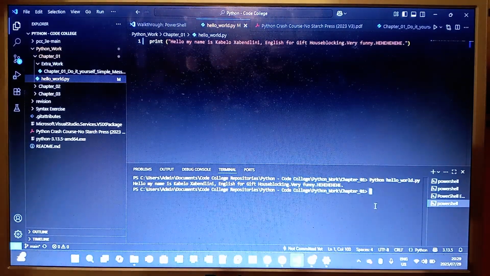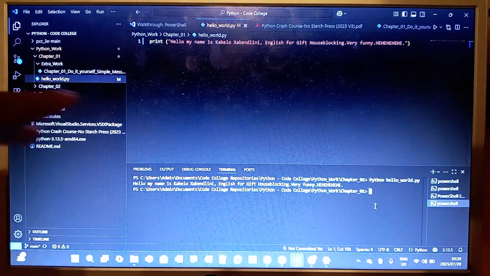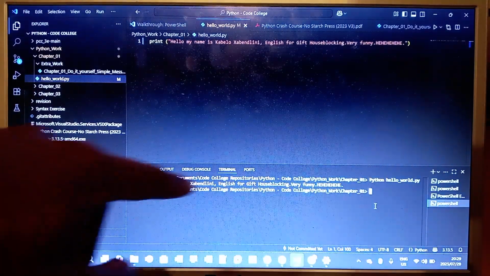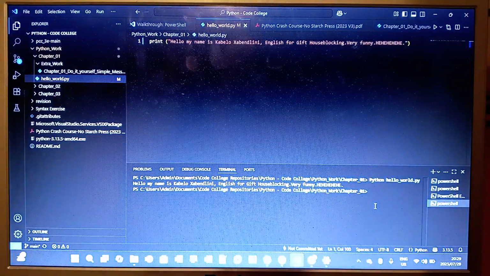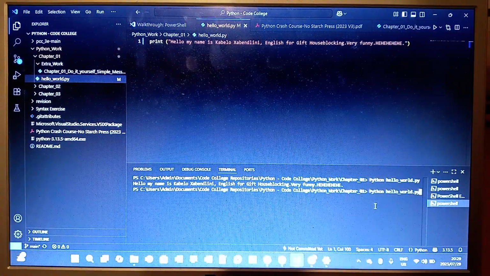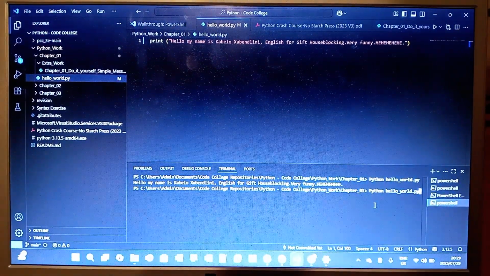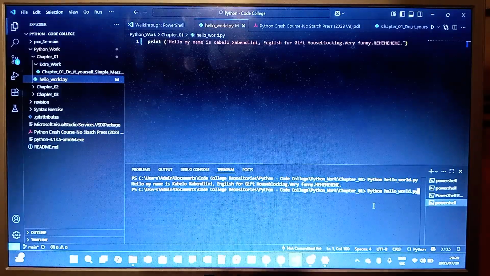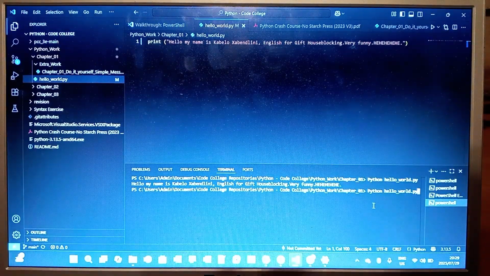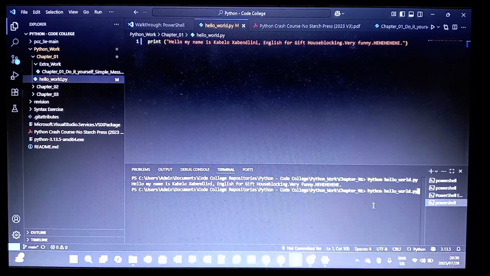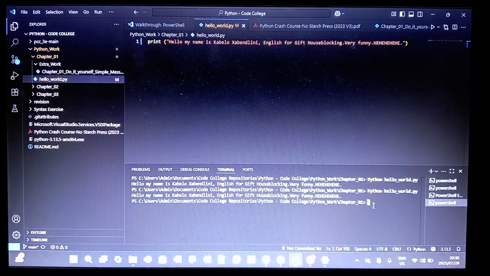So you pretty much set it up like that in your VS Code, and then after the address path, I do python hello_world.py. That's what you're going to do. Then you press enter and run it. And as you can see here,